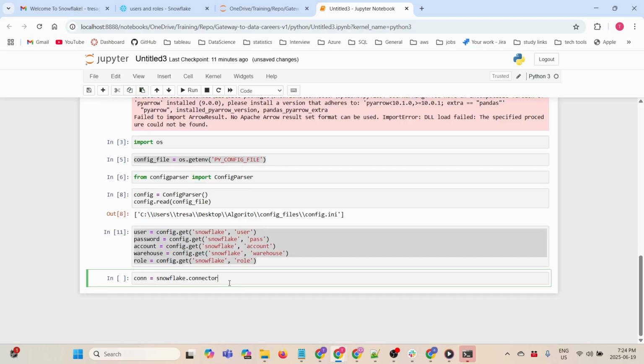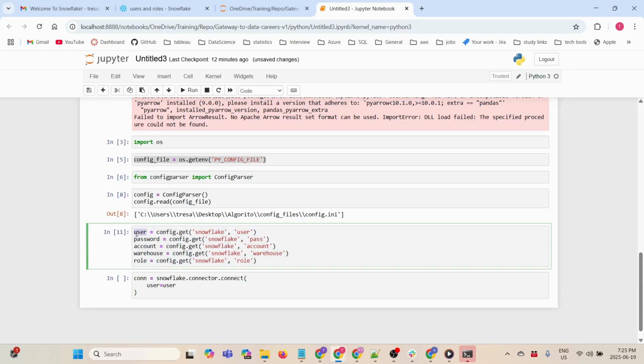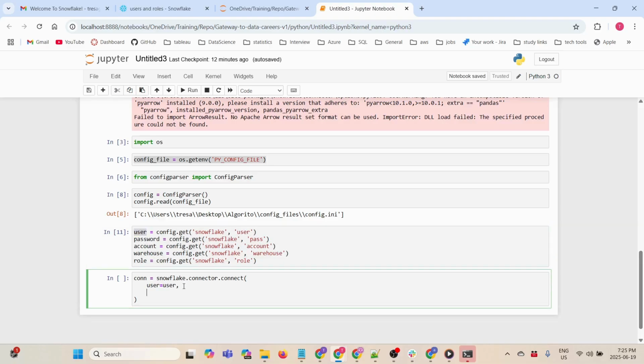Snowflake.connector has a method called connect, and we need to specify a bunch of parameters. User equals, we have the username stored in the variable user. Now password equals password,